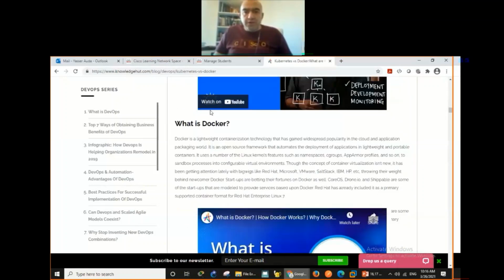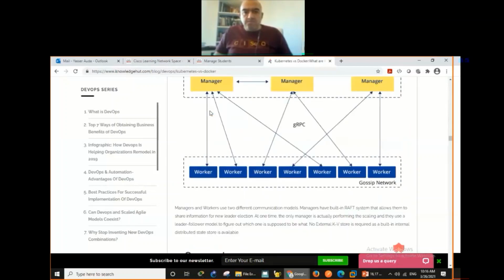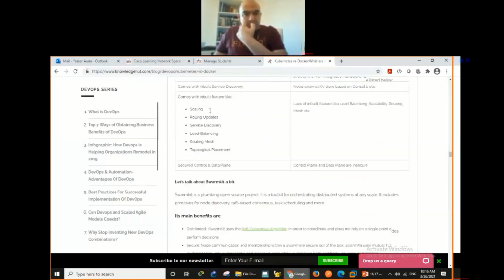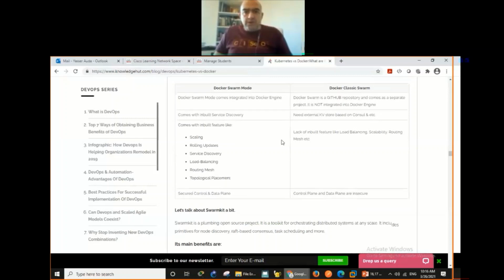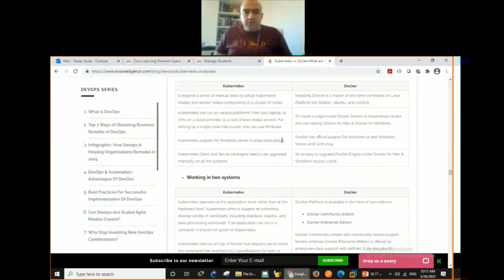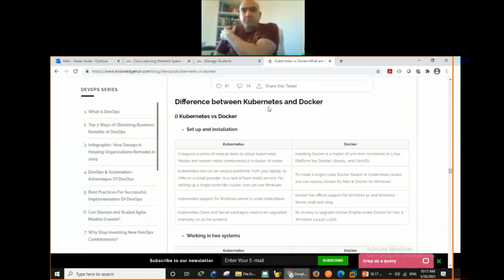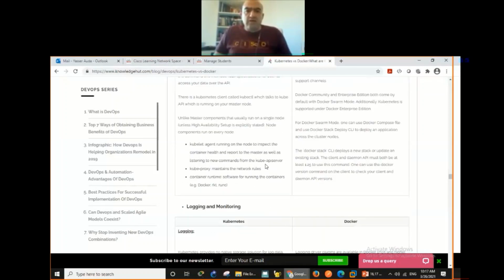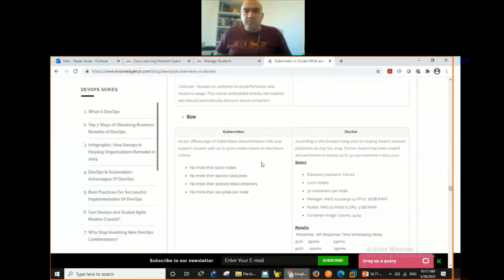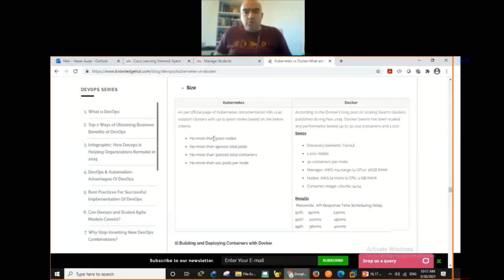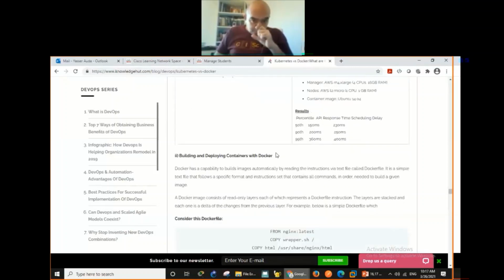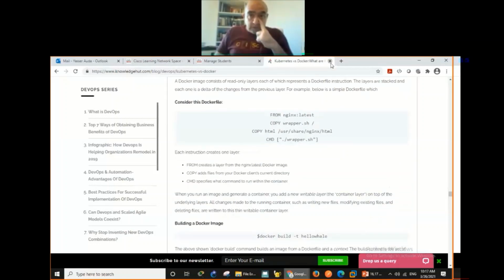But in the end of the page, it's showing a few good tables with differences between running Docker without an orchestrator and running it with an orchestrator: how many containers you can have, how many nodes, logging and monitoring, the size. You can see no more than 5,000 nodes. As I say, in a production environment, you'll find that 500 is good. And they have some stuff here that you can read. Anyway,